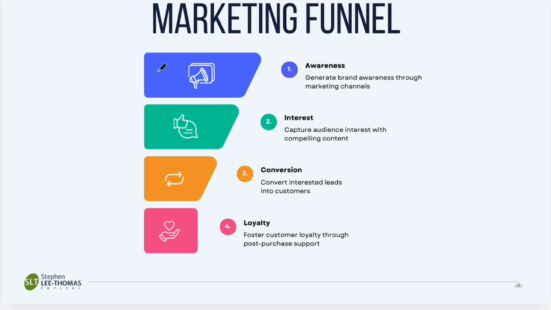Think of these like layers of a cake, if you will. And each layer, there's something different that you're doing to move someone where you want them to be. To say that a little differently, you have to do something to get someone into the top of this funnel. And then once they're in the top of the funnel, you have to tell them that you want them to go to the next piece of the funnel. Once they're here, you nurture them a little bit, and then you tell them to go to the next piece of the funnel. And once they're here for a while, you tell them to go to the next piece of the funnel. And there's ways that you do that. So let's go through the different layers of this marketing funnel.